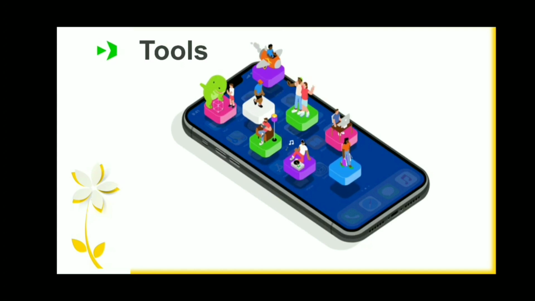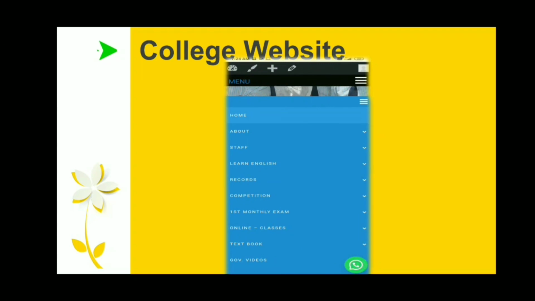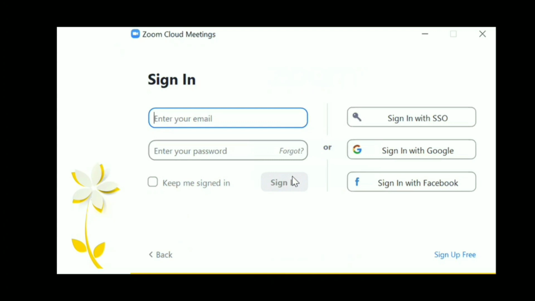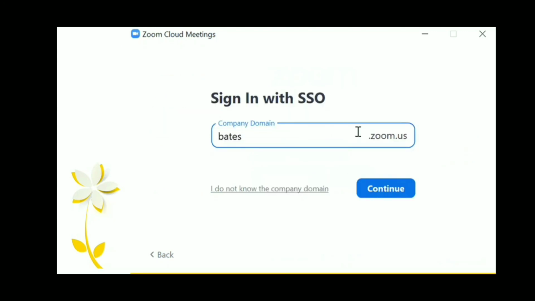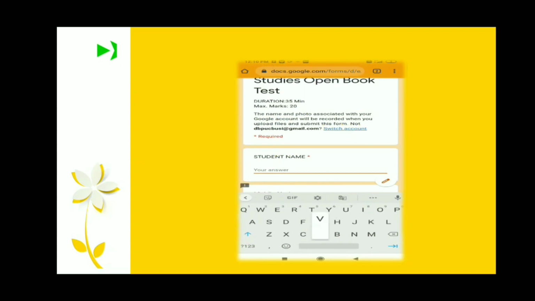In the previous videos, we learned about accessing the college website, attending Zoom live classes, and also using Google Forms.